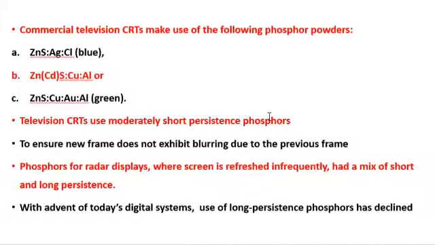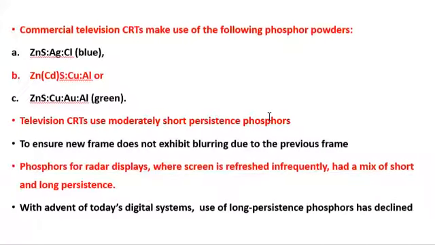The television CRTs use moderately short persistence phosphor. I told you the persistence starts from nanoseconds up to minutes, sometimes even up to hours. And the reason why we use short persistence phosphors for television is to make sure that the frame does not exhibit what we call blurring. The blurring is for the image to be somehow dark due to the previous frame. So we want it to quickly stop emitting light the moment the stream of electrons stops,